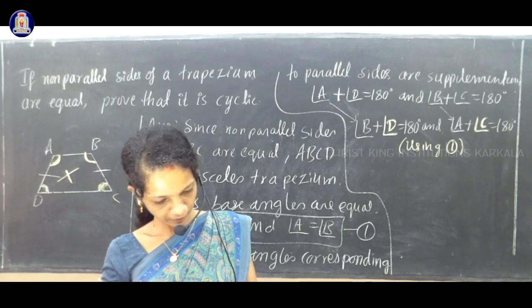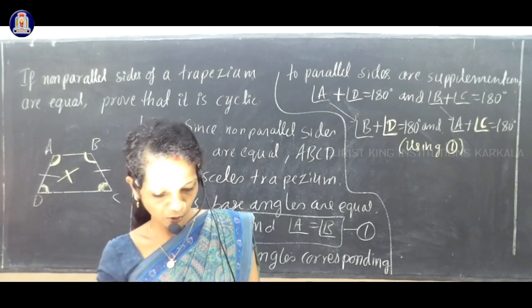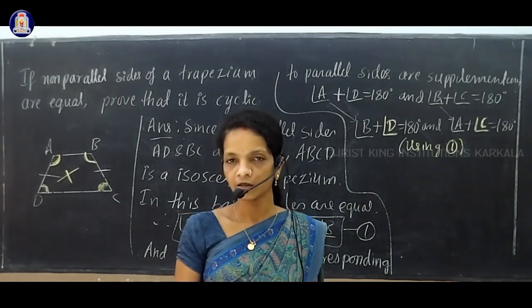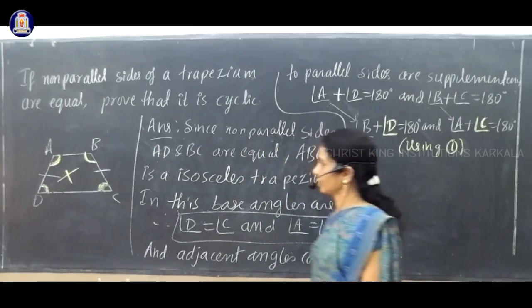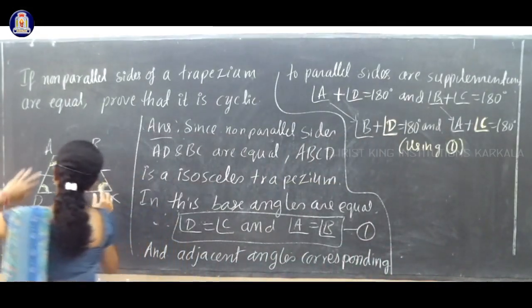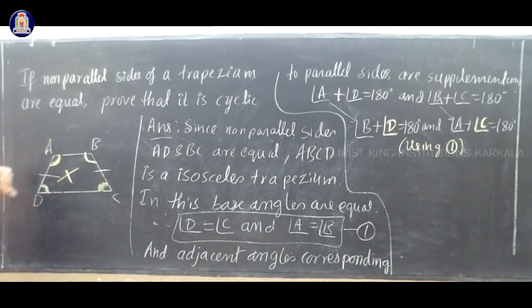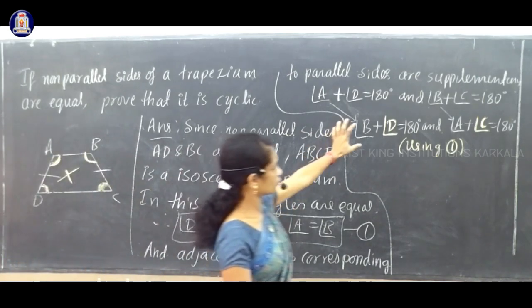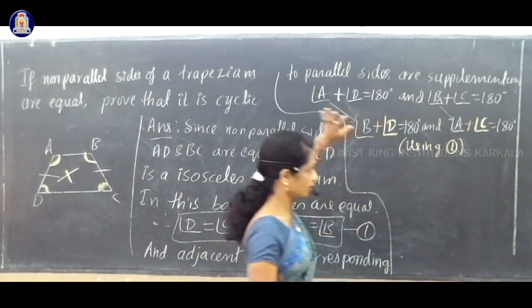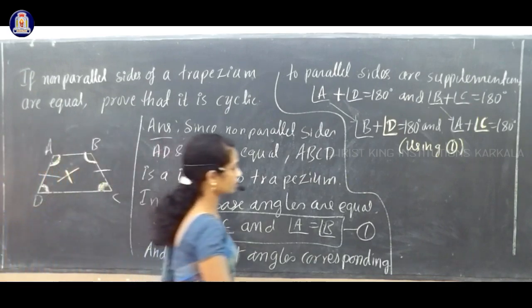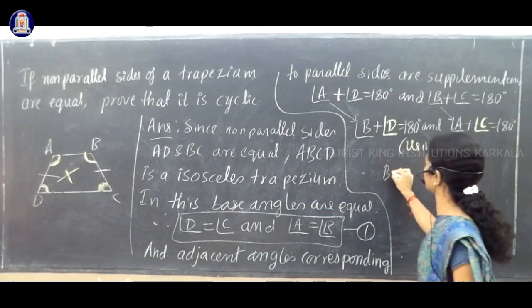In theorem 12 you have, if the sum of a pair of opposite angles of a quadrilateral is 180 degrees, then the quadrilateral is cyclic. Okay, that is theorem 12. In that theorem, if a pair of opposite angles sum is 180 degrees, then you can decide that the quadrilateral is cyclic. So here we proved both the pairs of opposite angles are supplementary. So what you can say about this trapezium ABCD, quadrilateral ABCD, that it is cyclic by using theorem 12. So therefore by theorem 12,